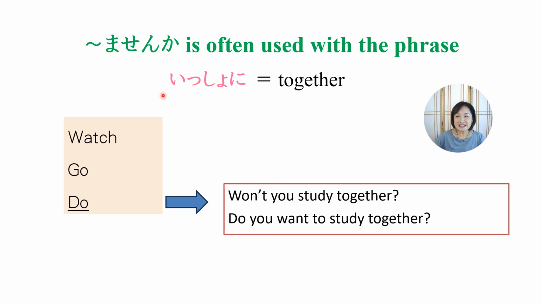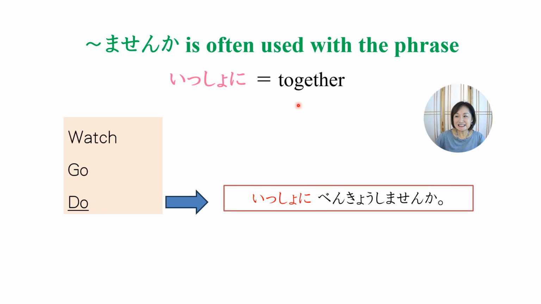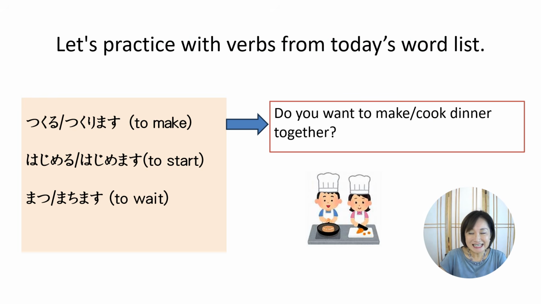Let's use this word 一緒に, together, in a sentence and invite somebody to study with you. How would you say that? Yes, the sentence will be 一緒に勉強しませんか? いいですね。